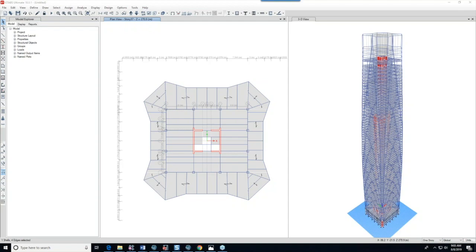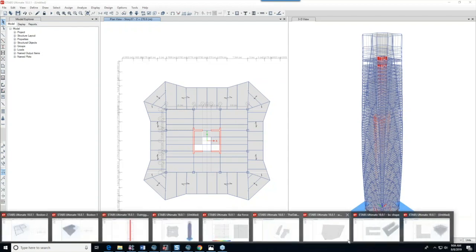And there are some distinct advantages. One of the big advantages is that it reduces the eigenvalue problem. So the program is more efficient. It'll typically run faster. It's numerically more stable. So there are a lot of advantages, especially numerically, to use rigid diaphragms. But there are some disadvantages. And let's explore some of the advantages and disadvantages. So I'm going to just walk through a number of different models here. But before I do that, let me open up one model, which I think